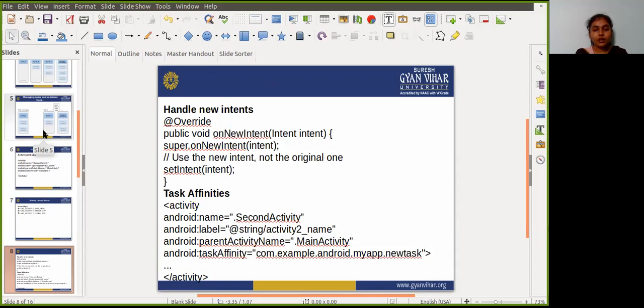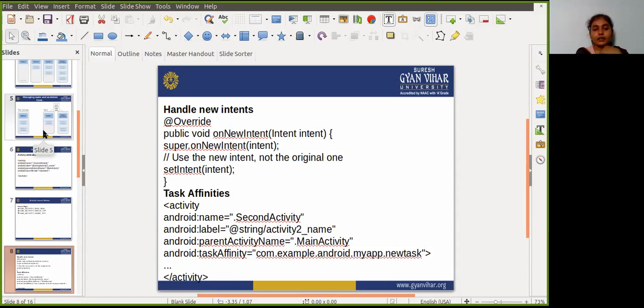The onNewIntent method includes an argument for the new intent that was routed to the activity. Override the onNewIntent method in your class to handle the information from that new intent.